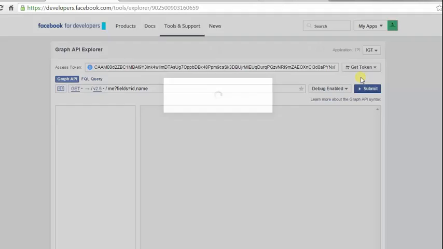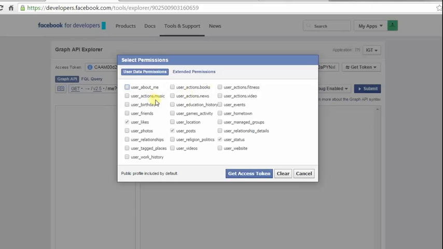Once I click on get user access token, I'll get a pop-up asking for the permissions. Here these are the data permissions and these are extended permissions. Likewise, once you give permissions like user about me, using that access token you can get the data related to the about me page of that particular page.